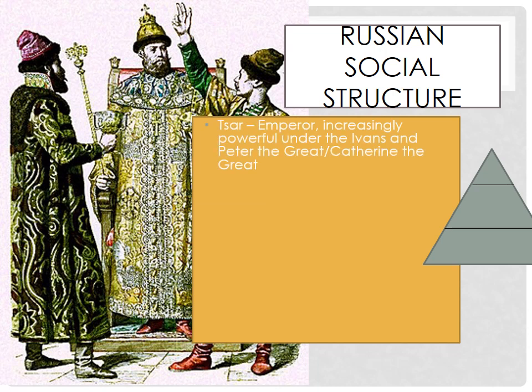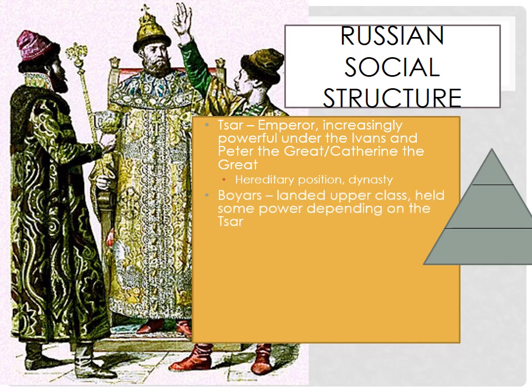Okay, so at the top of the social structure is the Tsar, which is like the emperor, the absolute monarch. They're increasingly powerful as they consolidate their power under the Ivans, and Peter and Catherine the Great seek to gain more and more absolute authority. And this is a hereditary position, so it's a dynasty. Notice the Ivans, and then Ivan has no successor because he killed his heir. And so then we're going to have the Romanov family, and they're going to also be a dynasty.